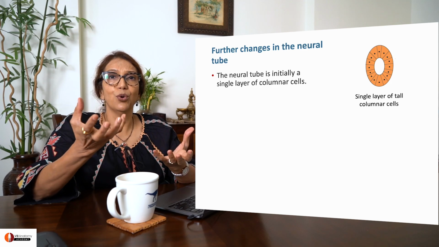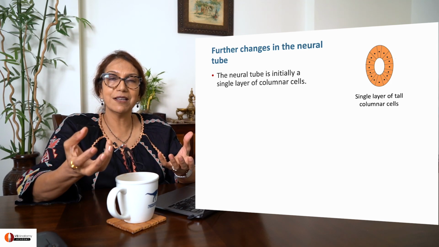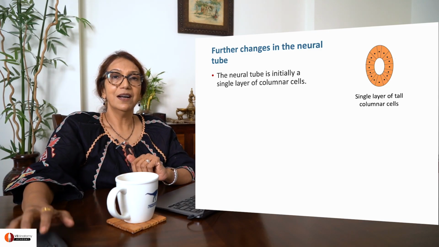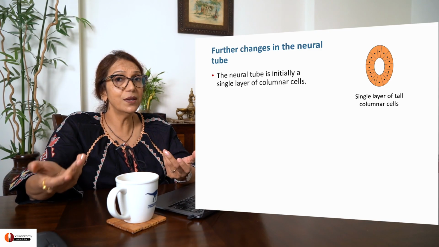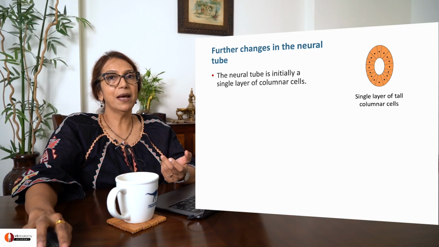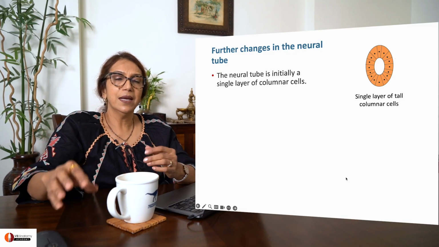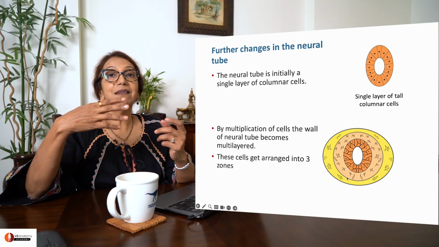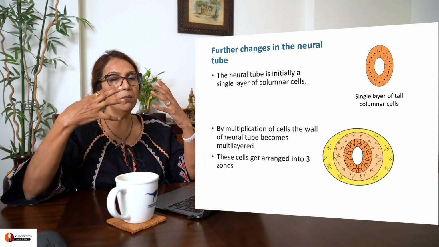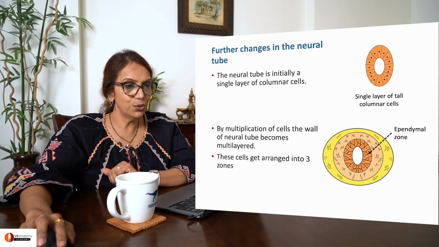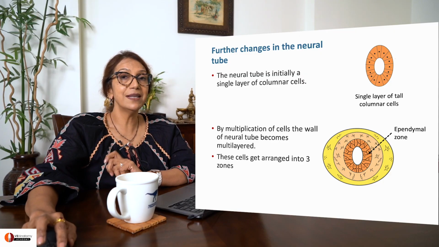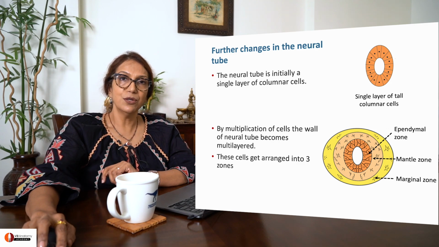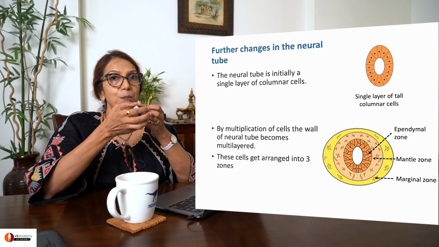Now, what about the tissue of the brain? What about the nervous tissue itself? So remember, this is a tube which is single layered, which is what you're seeing here. A single layer of tall columnar cells is what the neural tube is all about. Then what happens? These cells begin to multiply. And as they multiply, they migrate outwards. As they migrate, they create three zones, from one cell layer to multiple zones. The innermost zone is called the ependymal zone, from where the cells are migrating, creating a mantle zone and then a marginal zone. So now your nervous tissue is made up of three layers.